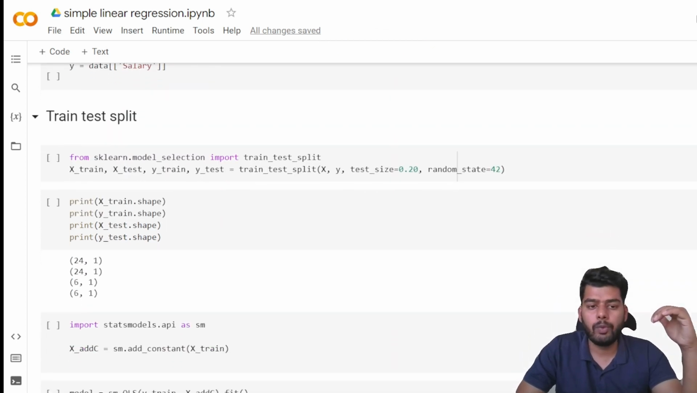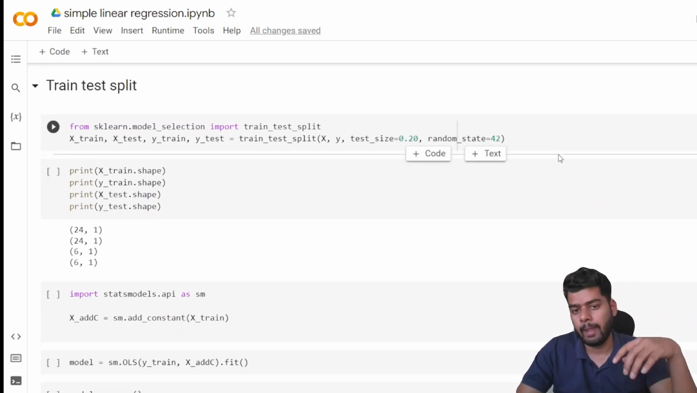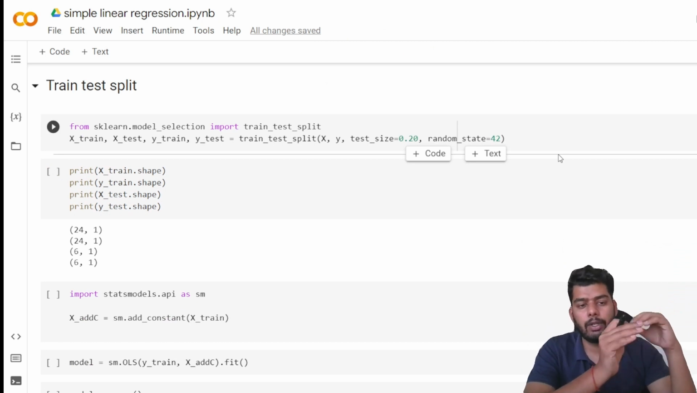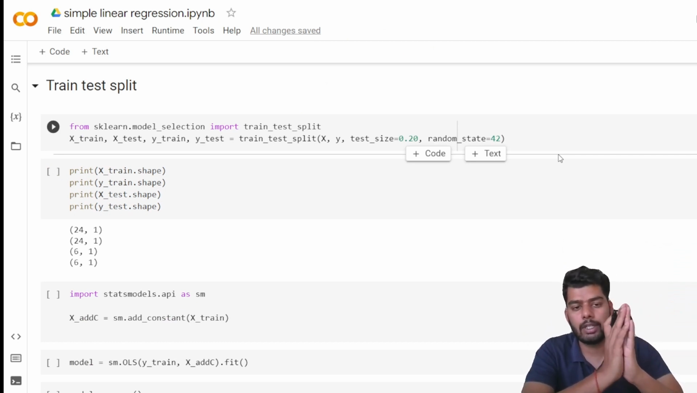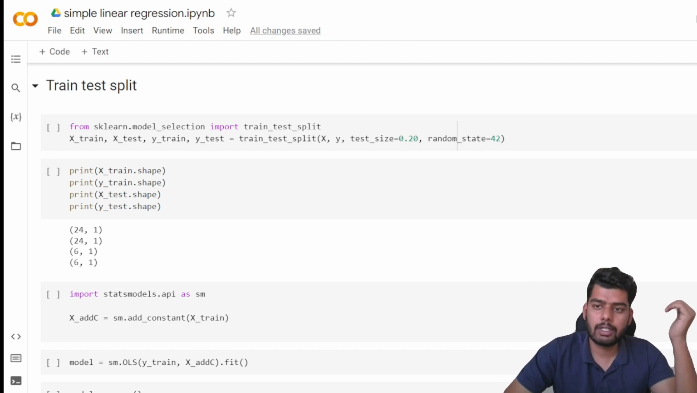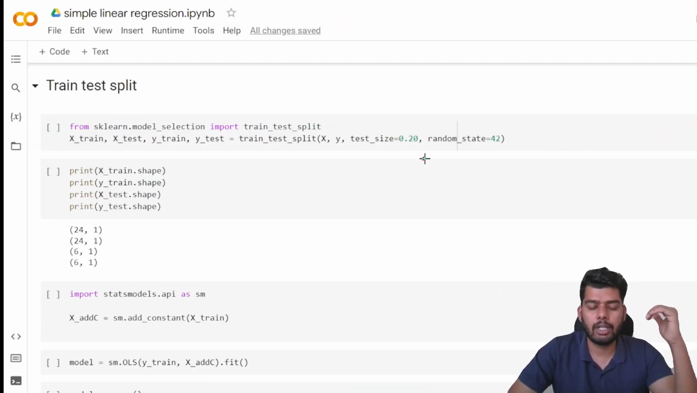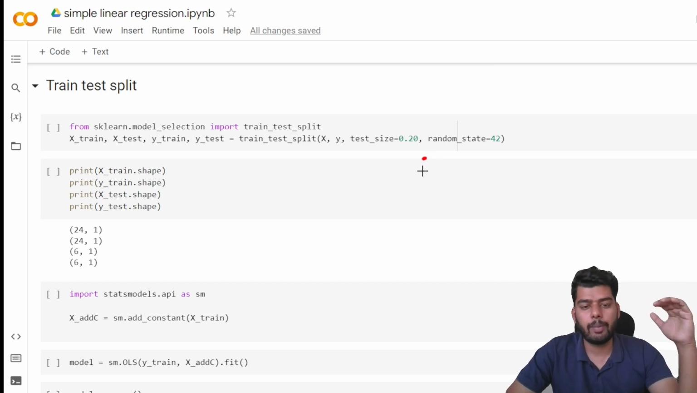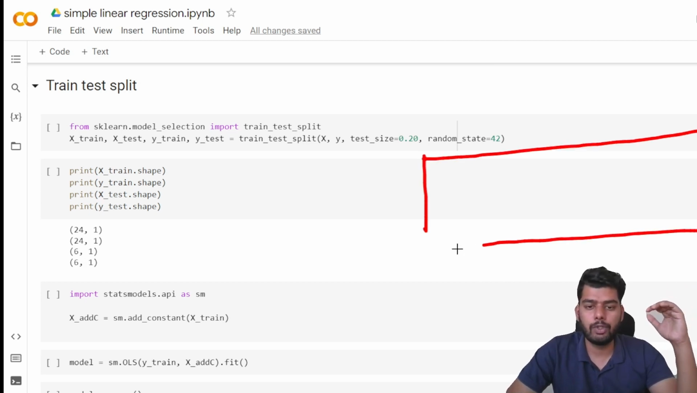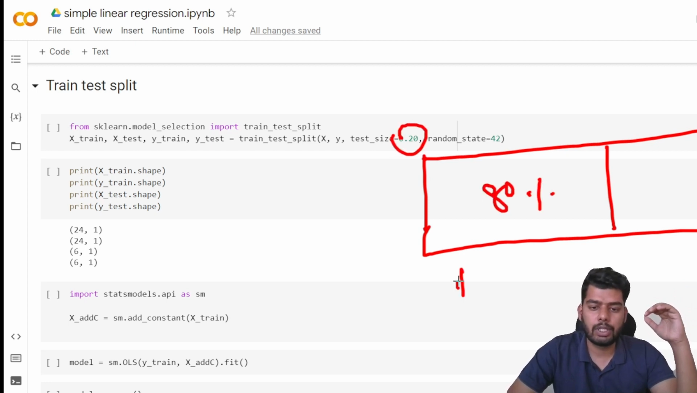Now before moving to fitting the model, we'll use train test split. So what is this train test split? Train test split is actually used for dividing your data set into two parts. One part is used for training, and one part is used for testing. So let's say here we have taken the ratio to be 80-20. Your 80% of the data will be used for the training, and your 20% of data will be used